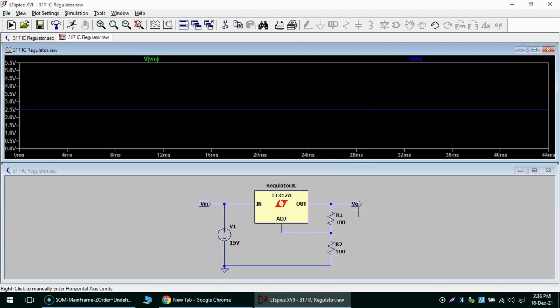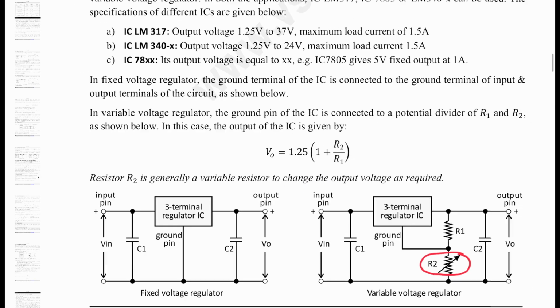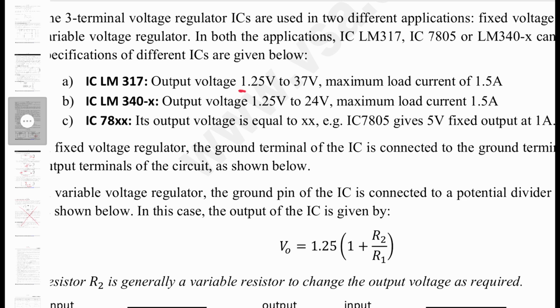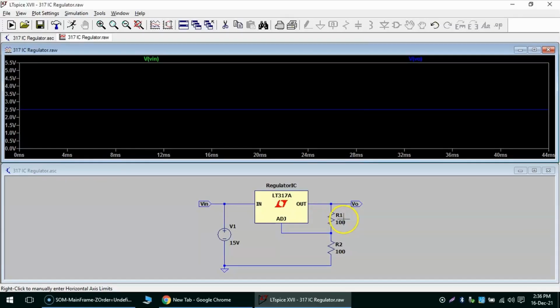But according to the notes, as you know, we have already studied that this IC can give you an output voltage right from 1.25 volt to 37 volt, and the maximum current that is possible in the output of this IC is 1.5 ampere. So in that way we can use this IC for very effective DC voltage regulation, and this IC is very popular for use in different types of sensitive electronic circuits.